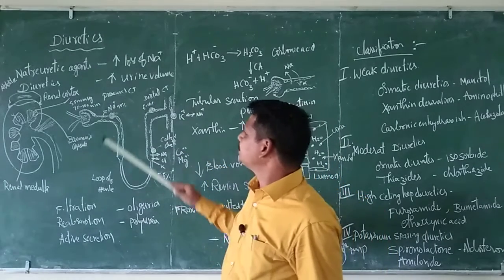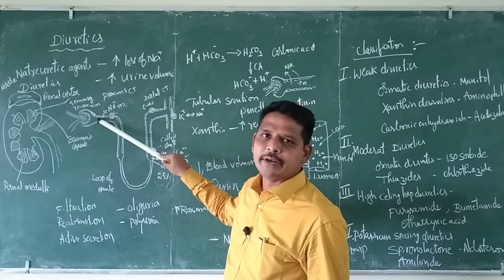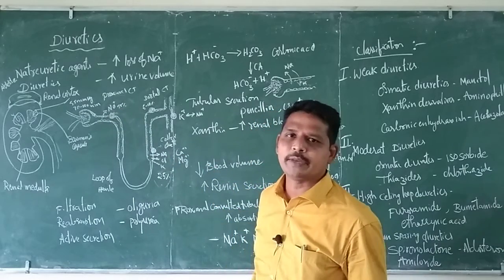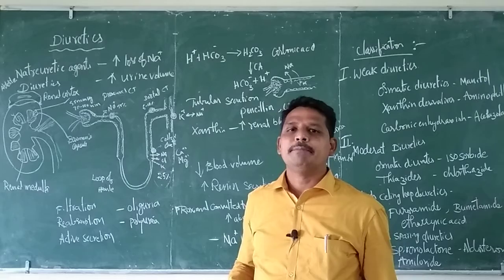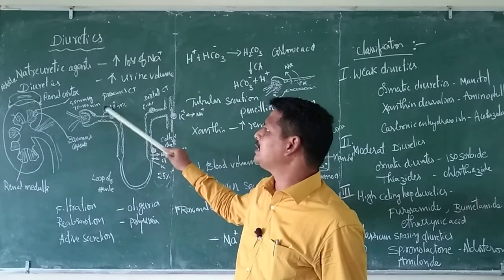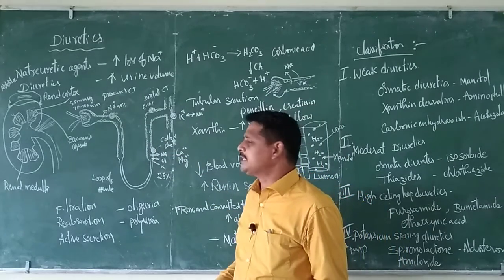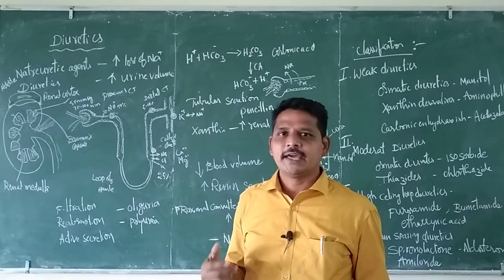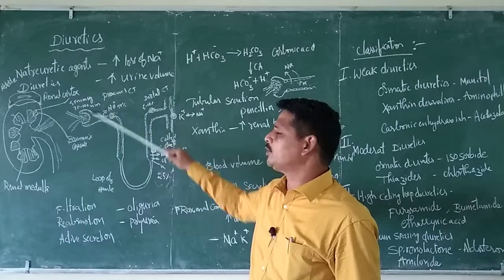So for example, here this is the proximal convoluted tubule, where most of the bicarbonates and sodium chloride are going to be absorbed. It is called the proximal convoluted tubule. It is very essential to maintain the buffer. Bicarbonates are going to be reabsorbed here. Sodium and essential components like vitamins are going to be absorbed here. And moreover, substances which have high molecular weight, such as penicillins and creatinine, are going to be actively secreted here in this proximal convoluted tubule.